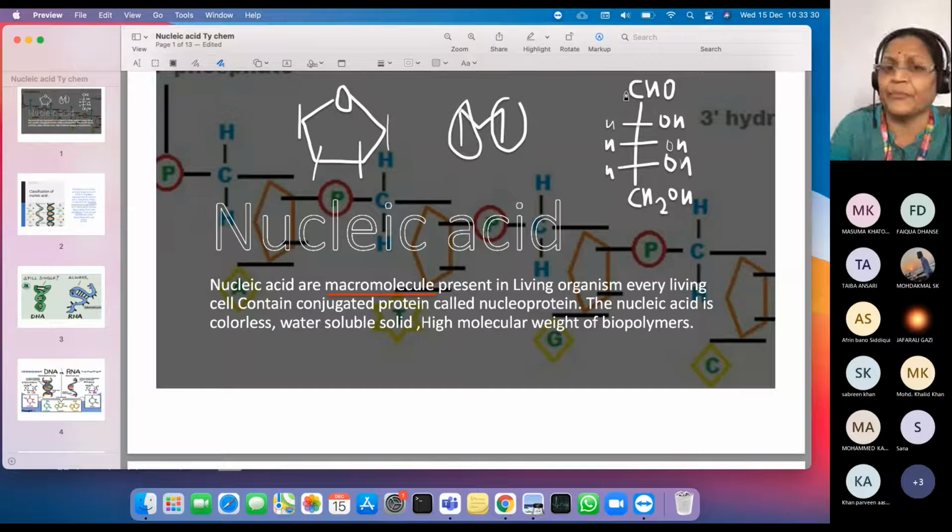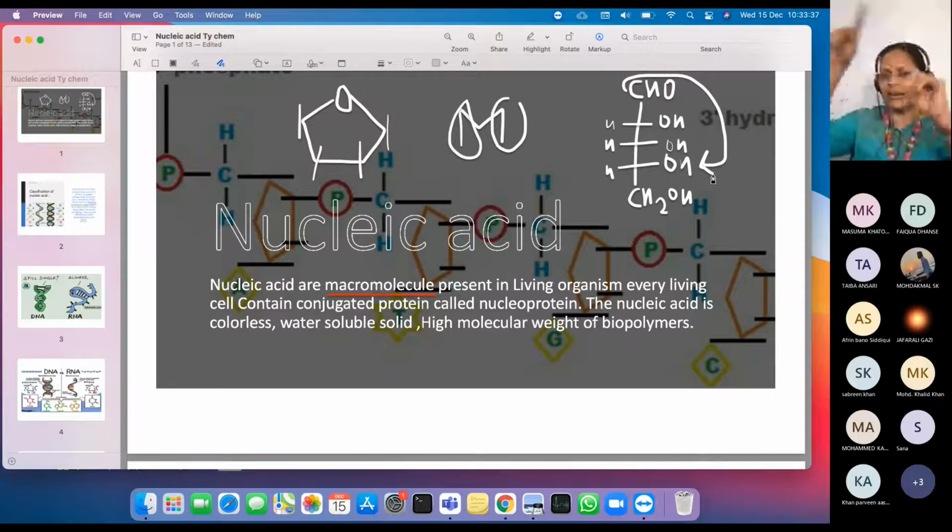That first carbon, we will have to connect it to the fourth carbon. Yes, fourth carbon connection like this. So from here the hydrogen we have to shift to that top CH double bond O. Correct. So it will become CHOH. Now OH can be on the right hand side or on the left hand side.